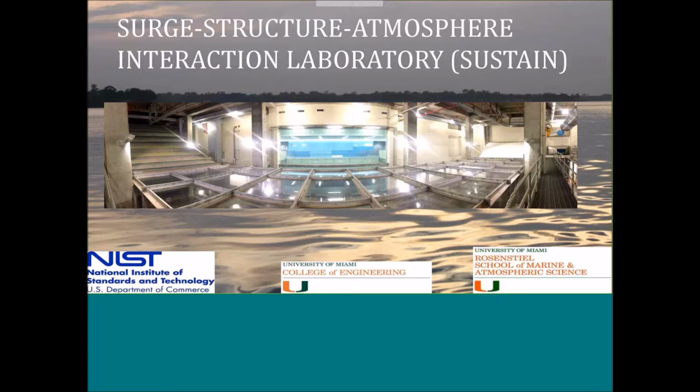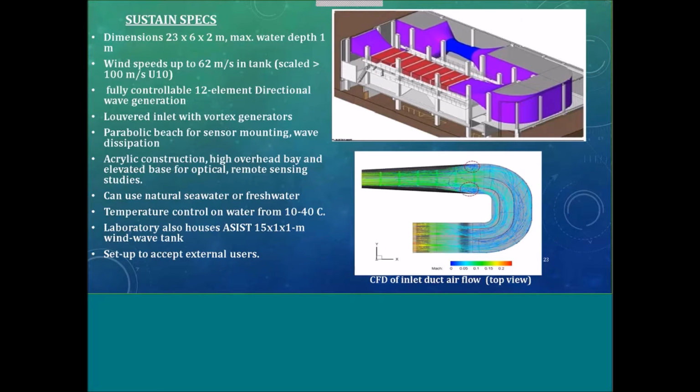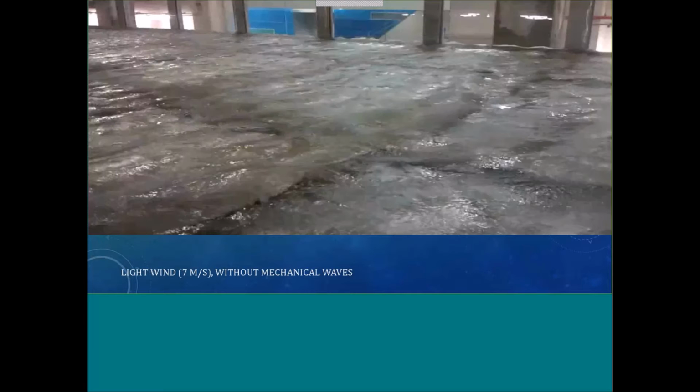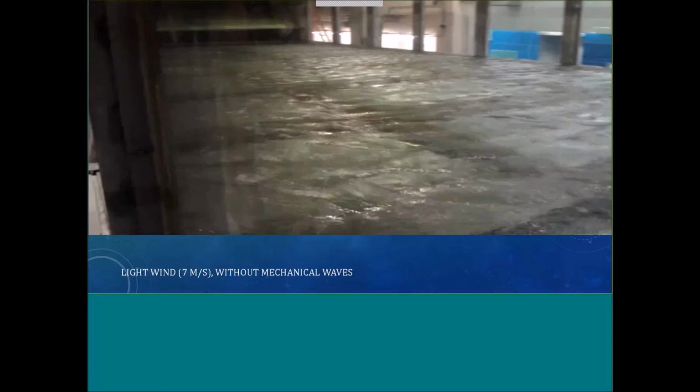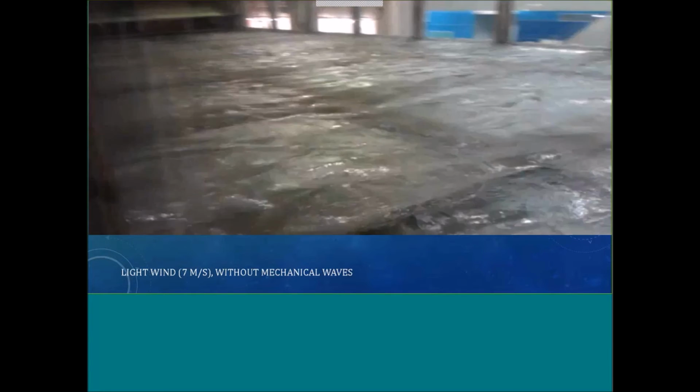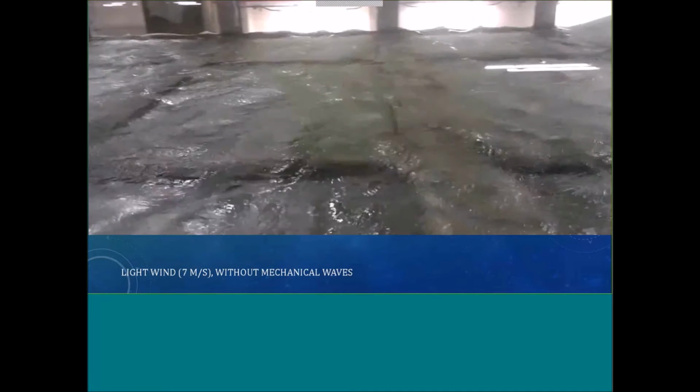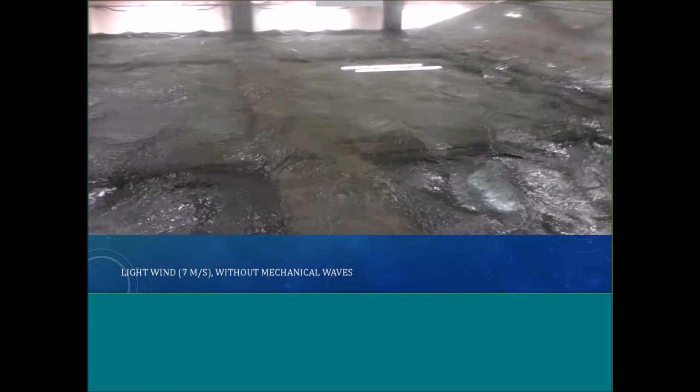We'll go over there later today, but just to give you a little intro, it's a 23-meter long wind wave facility. We can get up to Category 5 force hurricane winds in there. That's one of the other motivations for this, is trying to work on better hurricane forecasting. And we can generate different kinds of wave fields. This is just a light wind. We went out in there, we did a lot of testing on how the drifters responded to different conditions in order to make sure that they're tracking accurately the upper ocean.